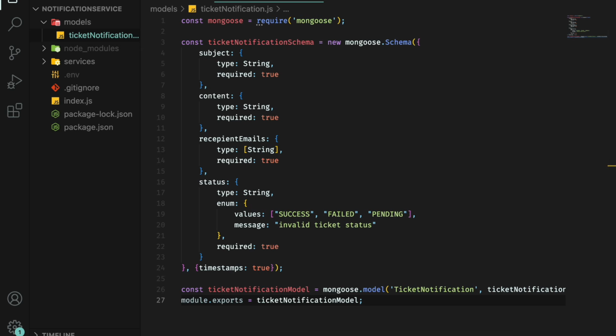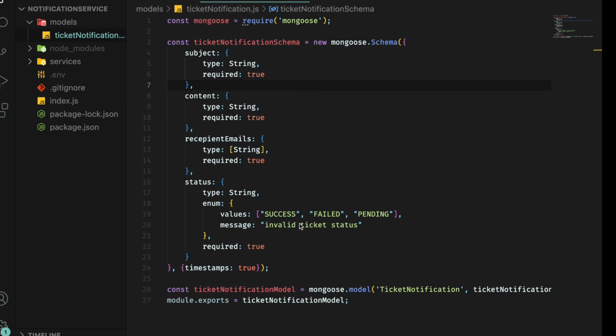So our model is ready, and our basic emailer setup is also ready. Now let's try to build up a controller. In the controller, we are going to actually get the request to create a ticket, and then we are going to list down all the tickets, multiple things we can do. So we are going to prepare two APIs. Let's just first of all talk about both of the APIs that we are going to have. So